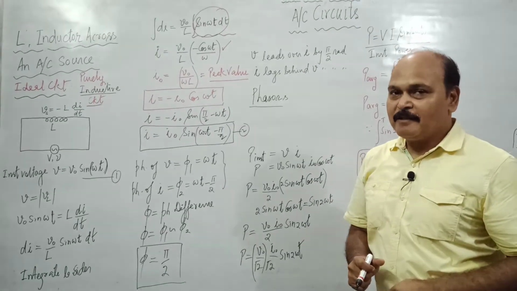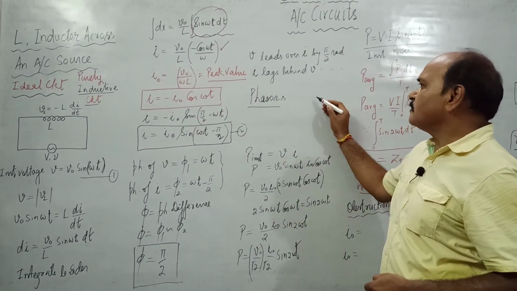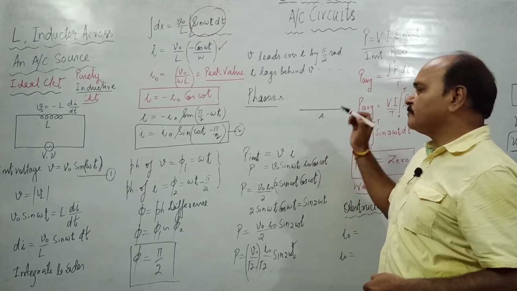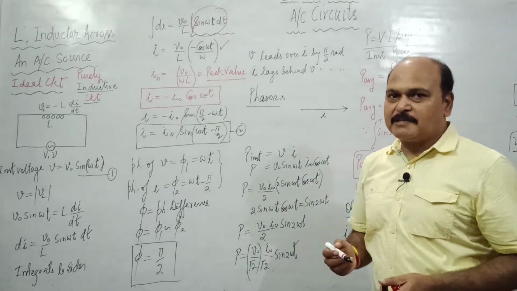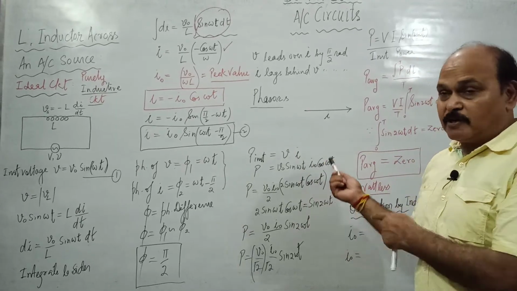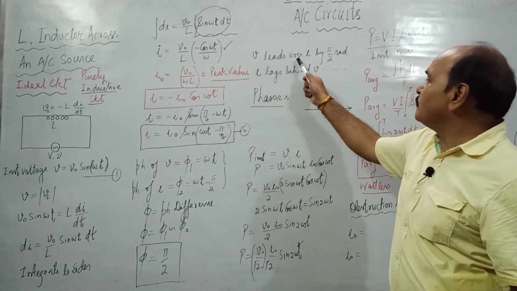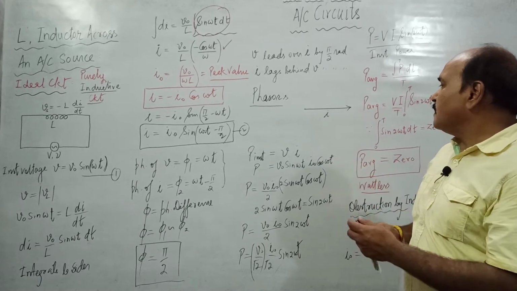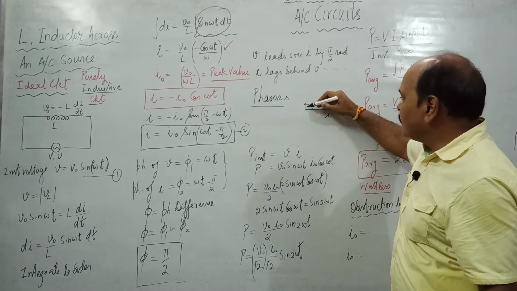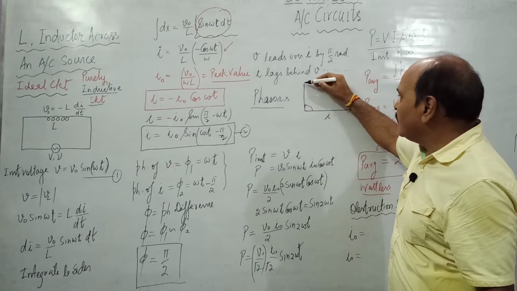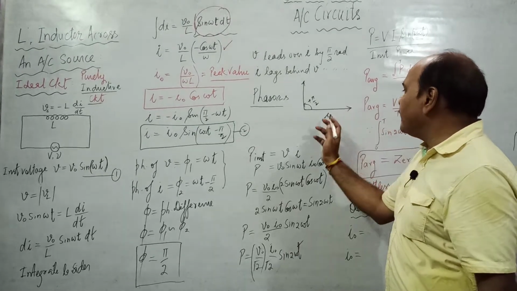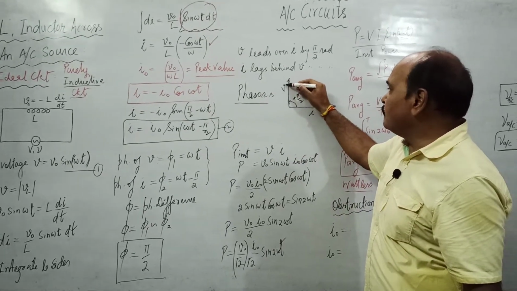So after knowing this phase relationship between current and voltage, we are now in a position to draw phasors. Let us draw any one of the two phasors along, say, the initial line. This is the initial line, and we draw, say, the current phasor. If we draw the current phasor along the initial line, let us look at the voltage phasor. And what is its phase with respect to current? See, voltage leads over I by phase pi by 2. So if this is I, the voltage leads. Voltage leads means the phasor for voltage is going to be made at an angle 90 degree, at an angle pi by 2 radian in anti-clockwise direction. This is going to be your V across the inductor.